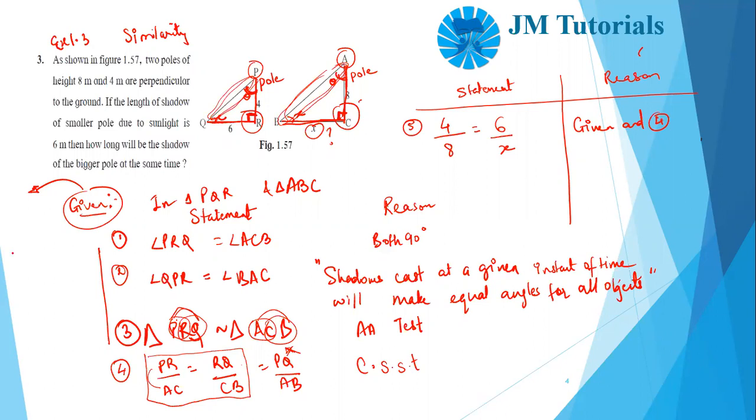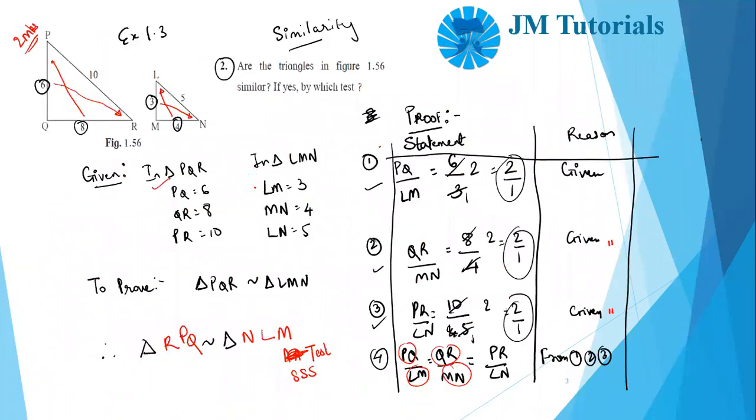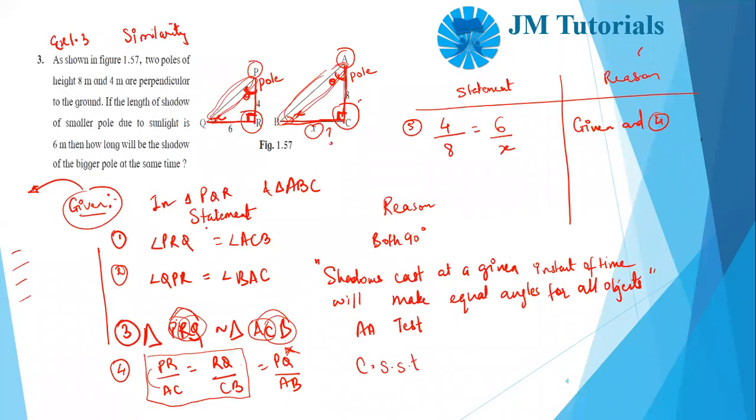So I'm leaving the given for you all. You all write in triangle PQR, PR is 4. Just like the last question. See how in the last question I wrote in triangle this. Similarly, here also I'll write the given. Okay, I'm leaving that to you all. So given and 4. Why 4? Because you are putting the values in, so given and 4.